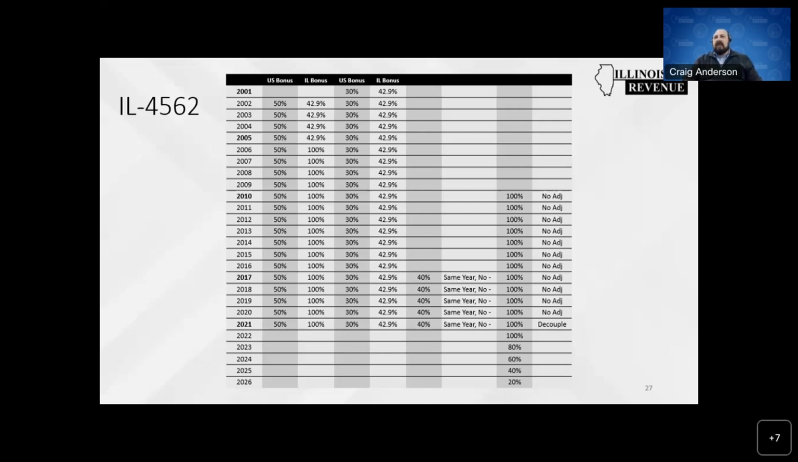40% came in there in 2018-ish, and again, we're silent on that one. The modification has to be taken the same year, addition modification, but the subtraction modification is in the last year